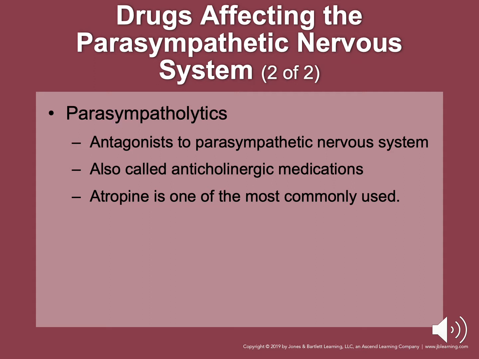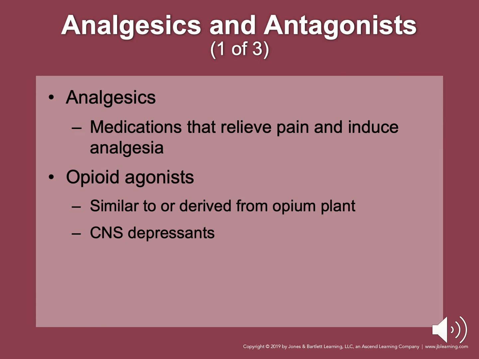Analgesics are medications that relieve pain and induce analgesia. So, opioid agonists are the most common classification used for analgesia, similar to or derived from the opium plant. They bind opiate receptors, which prevent neurons from sending pain signals. It's a CNS depressant, and fentanyl is rapid acting, very